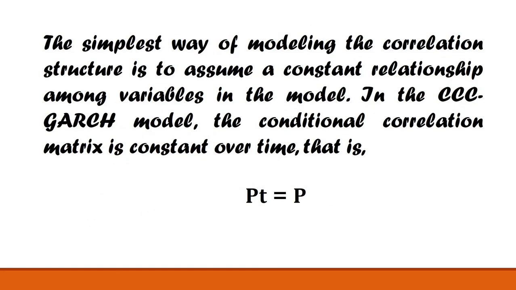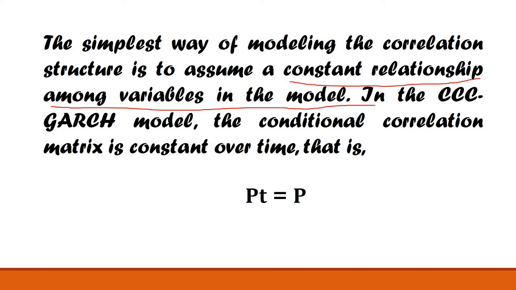Now, if we talk about the simplest way of creating a model, the simplest way of modeling the correlation structure is to assume a constant relationship among the variables. That means I am just assuming that there is a constant relationship among the variables in the model. So whatever variables are there in the model, they are related to each other, but that relation is